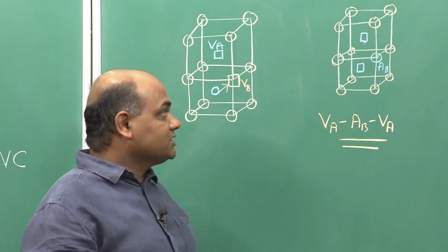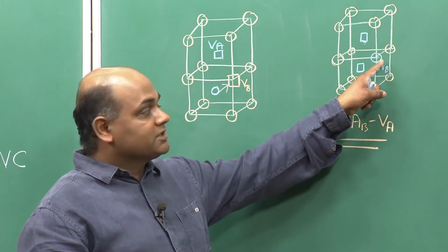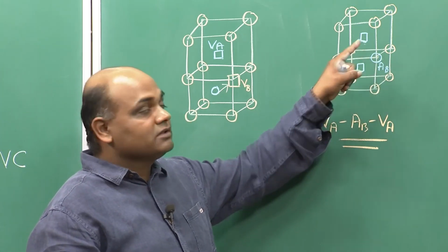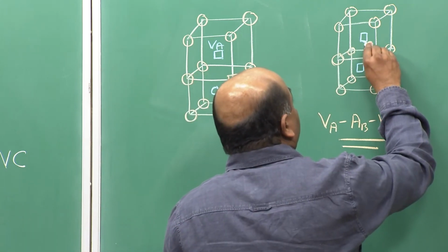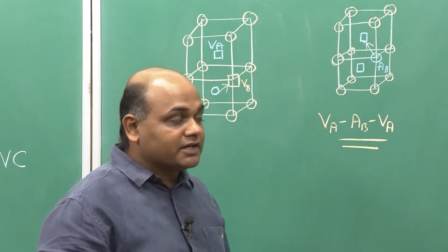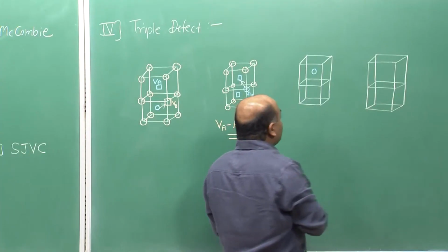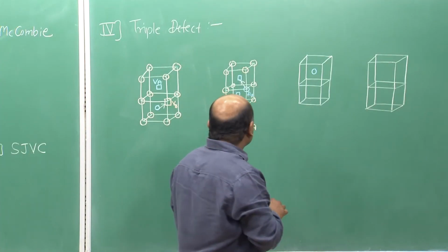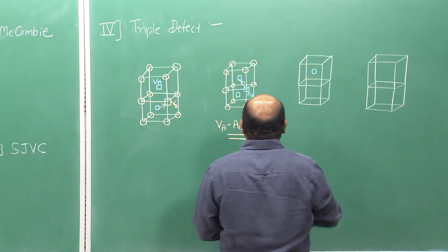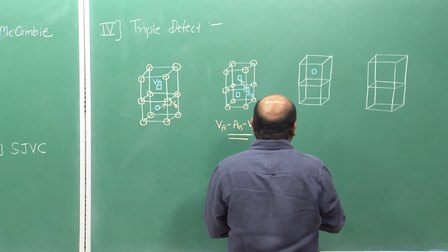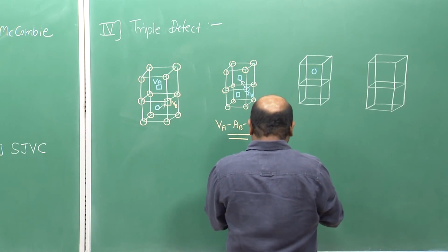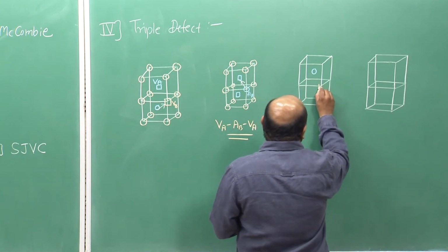On its next jump, the anti-site A can exchange with the other vacancy by nearest neighbor jump. So, A will restore its position in the A sublattice, but it has changed its site obviously on the A sublattice. The vacancy has moved to the B sublattice,